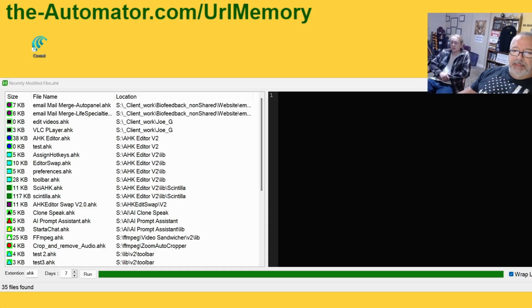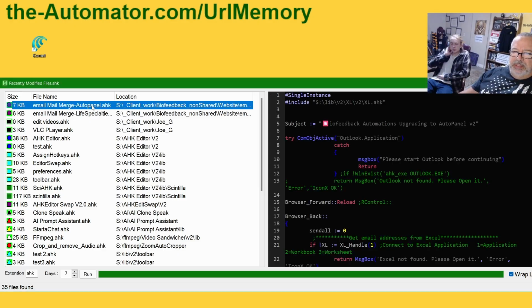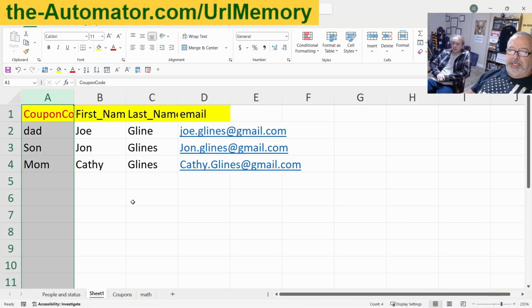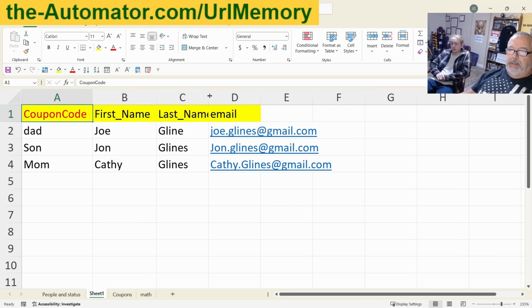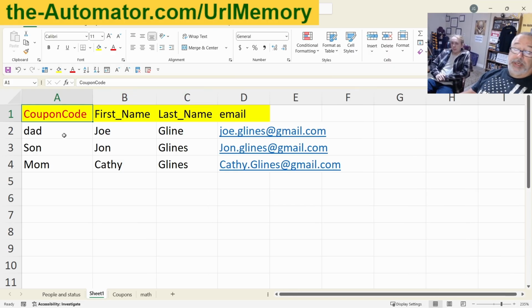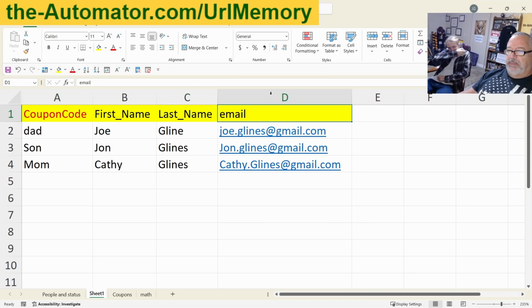Like I said, we sent out more email alerts. I didn't move that over to using an HTML file yet, but this just automates emails when we have a spreadsheet, and it sends them. Do you know what a mail merge is? No. Okay, so I created a quick spreadsheet here, and this has headers: a coupon code, which would be something for each person, their first name, last name, which we don't use, but I'm going to leave it there,